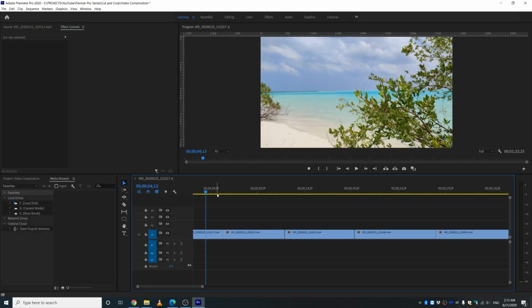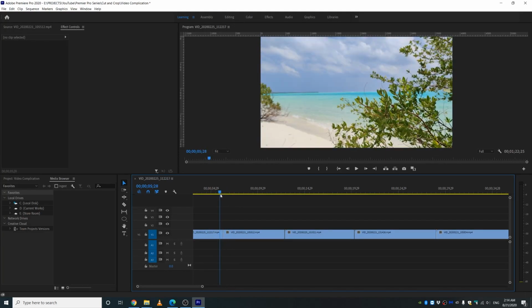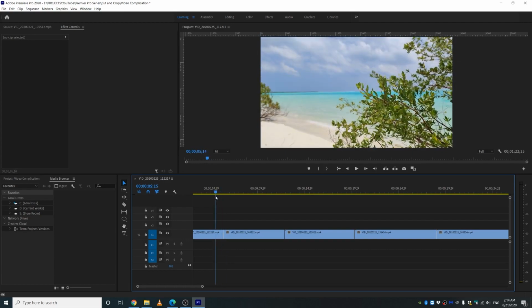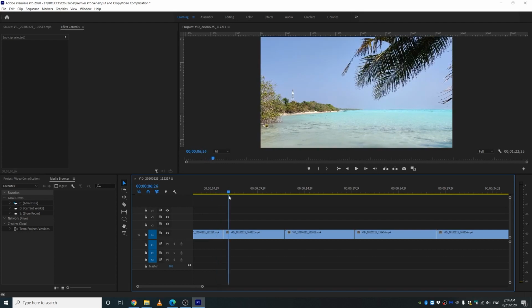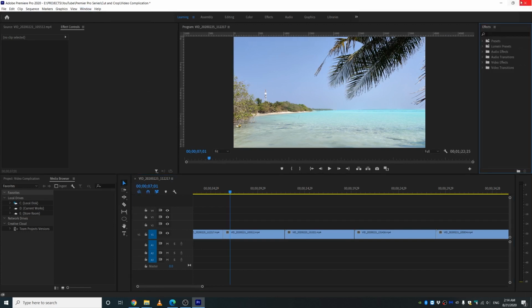So the next thing is to put a transition between these two videos. Right now it's just a jump cut from one video to another. We're gonna smoothen it out to dissolve, sort of fade into the other video. To do that, I'm gonna go to Window and select Effect from here, and it's going to open somewhere. I just put it, normally just put it here. It opens